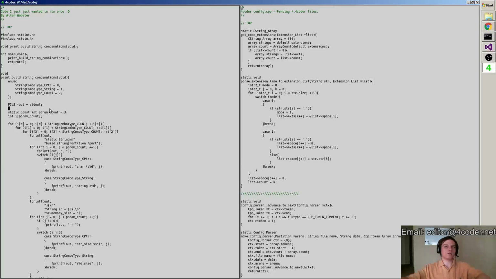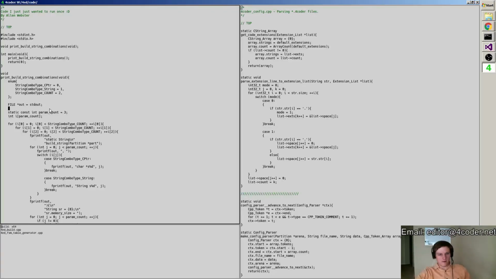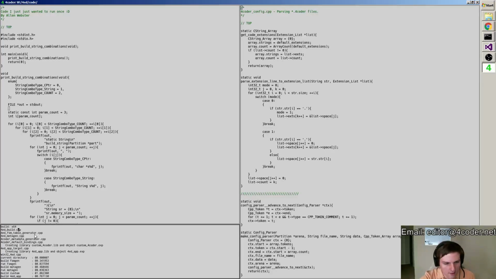The other thing I will tend to do is have a slightly more sophisticated one that sits in my actual build system, right? But 4coder's a little out of hand. If I build right now, you'll see that it builds something called forwardbuild.cpp, and then it runs that. And then it builds something called FSM table generator and runs that. Then it builds forward metagen and runs that. Then it builds 4coder metadata generator and runs that. Finally, it builds these 3 things, which are actually 4coder proper.